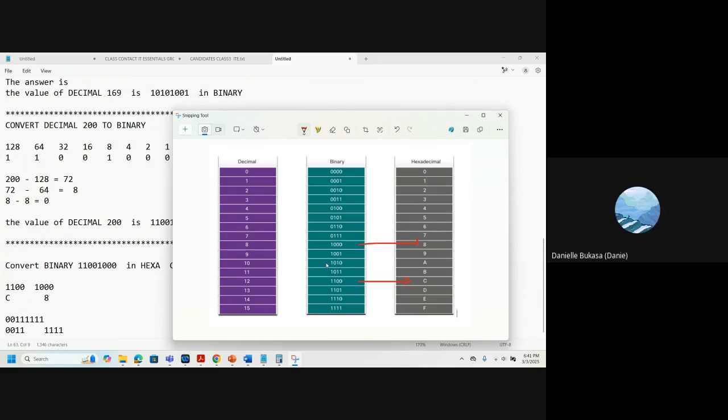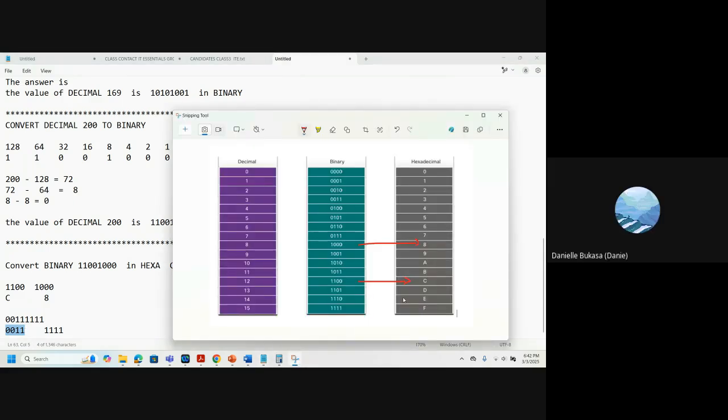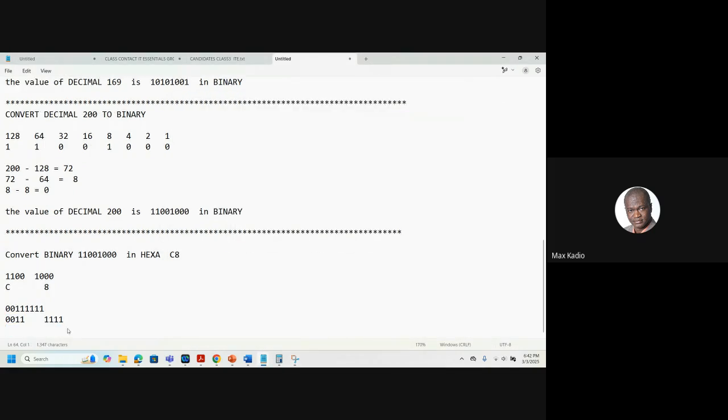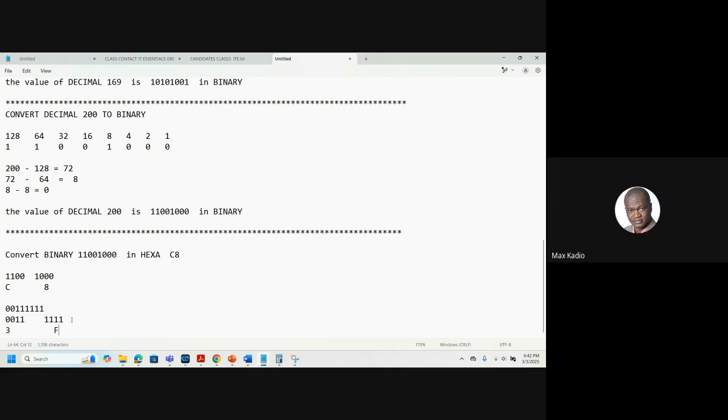Okay, so the answer is F. 0, 0, 0, 0, 1, 1 is equal to what? 0, 0, 1, 1. That's 3. Okay, very good. You put 3 here. Now, 4 ones. That's F. F, you see. Then the answer is